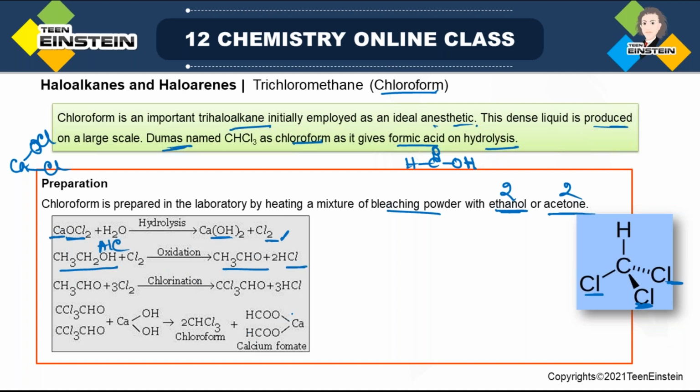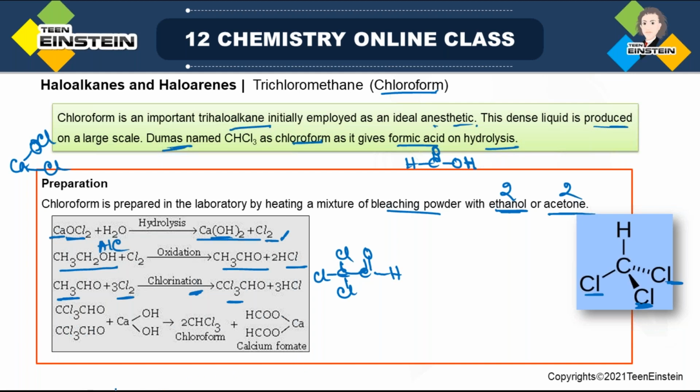The third step is, now this aldehyde again reacts with some more chlorine molecules. There will be chlorination. See here, all the 3 hydrogens are replaced by 3 chlorines. So it is now CCl3CHO. The structure is like this: Cl, Cl, Cl, CHO, CCl3CHO and HCl. Finally, 2 molecules of CCl3CHO and this calcium hydroxide already produced in the first step